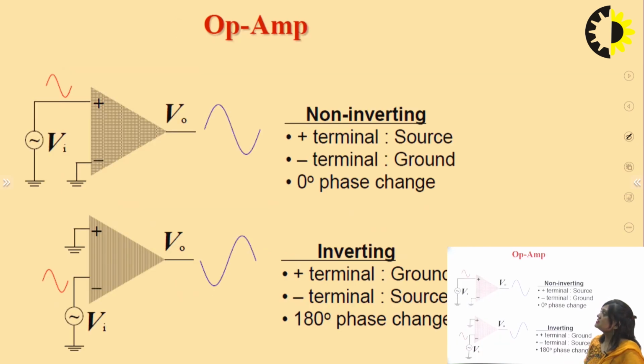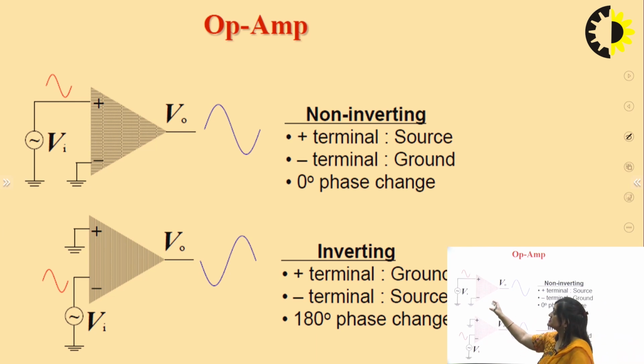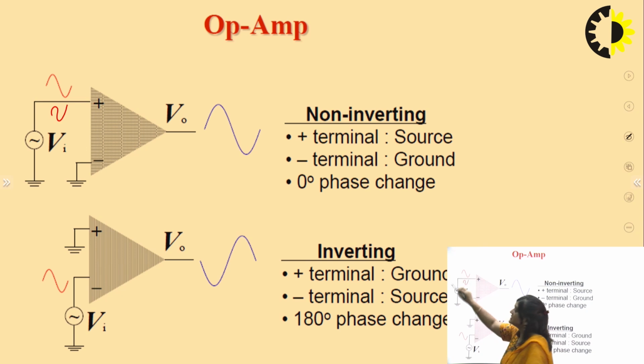So this is the application of the op-amp in open loop configuration. Means we can use the op-amp. This is the circuit for the op-amp as a non-inverting amplifier, because we can see the inverting end is grounded and the signal has been applied across the non-inverting input. So if we have given the signal in this way, here the output will be in this way.